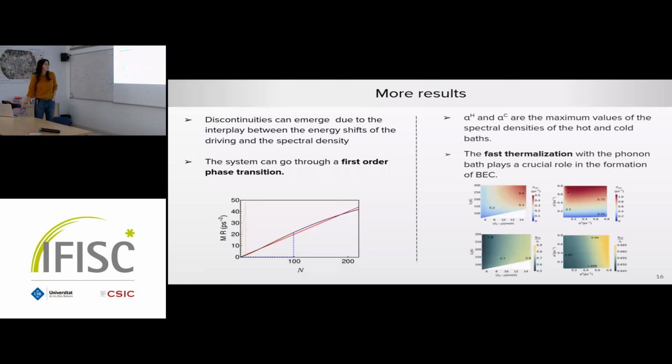The next, we calculated the power and efficiency as a function, both here of parameters of the hot reservoir, so chemical potential and hot temperature, and here as a function of the coupling strength with both hot and cold. From all of this, the main one is this one, which shows that the power output doesn't change a lot when you change the coupling with the hot bath, but it changes when you change the coupling with the cold bath, which shows that the thing that is controlling the speed of the thermodynamic cycle is the cold reservoir.